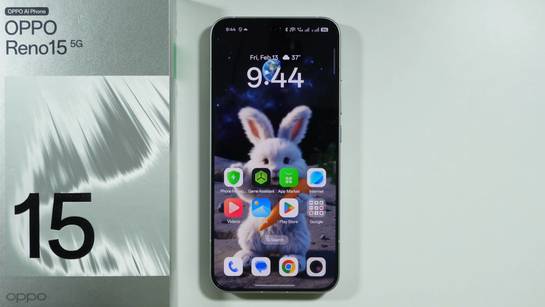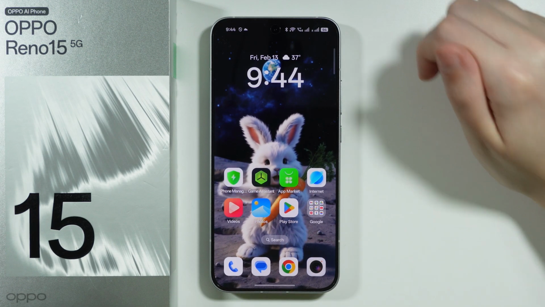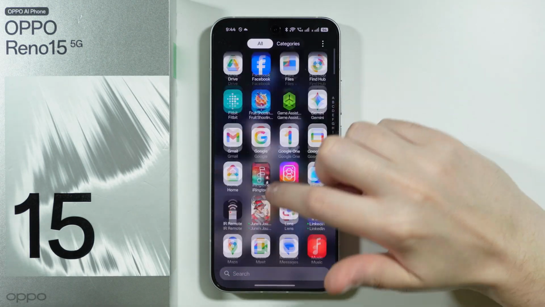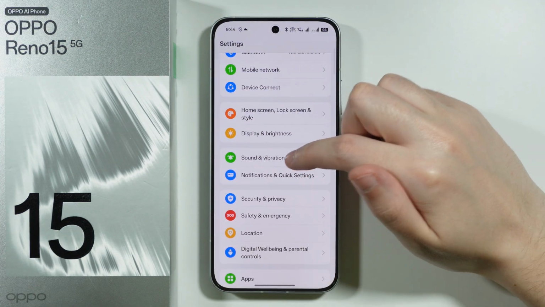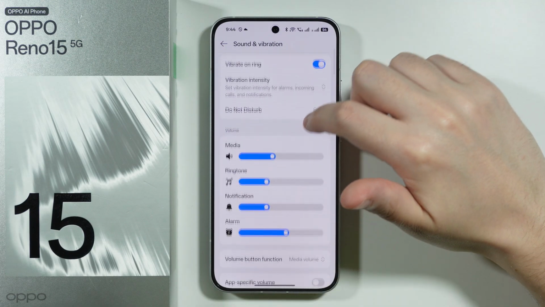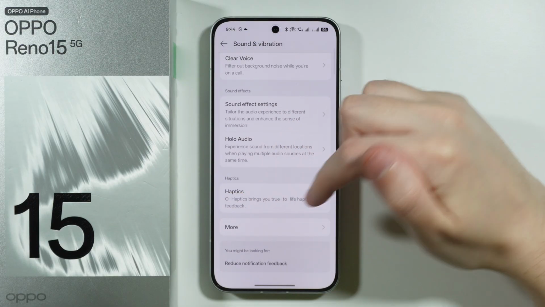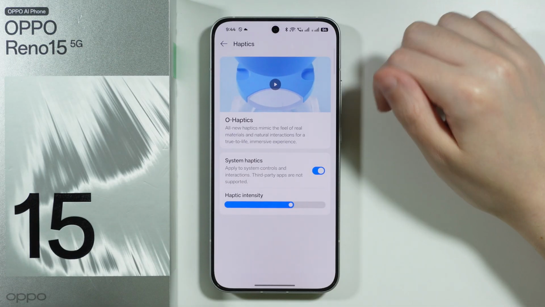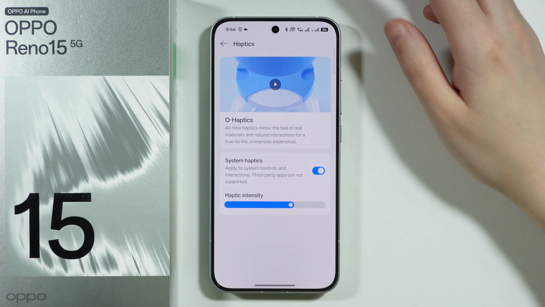If you want to enable or disable vibration and haptics on OPPO Reno 15, what you can do is you can go to settings. Next, in settings, we should be able to easily find sound and vibration, and we want to go there. And then in sound and vibration, if you scroll down a little bit, you should be able to find haptics. So you can go into haptics and you can easily enable and disable haptics, vibration haptics on